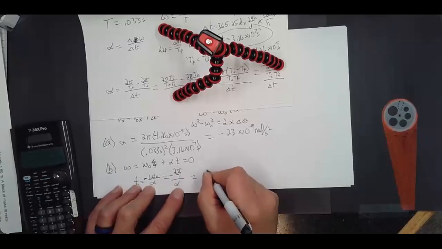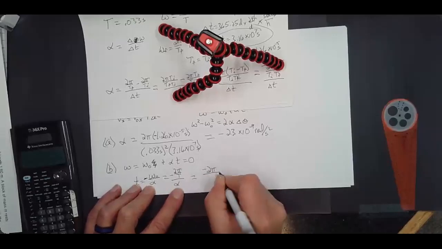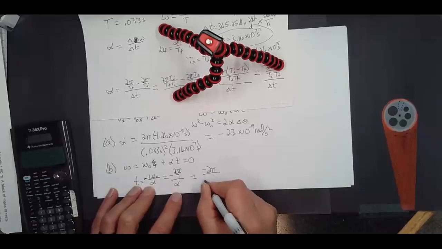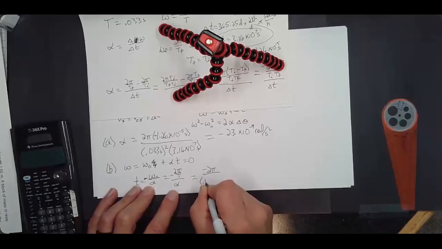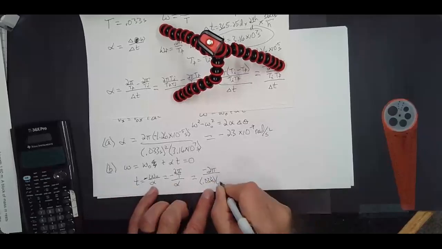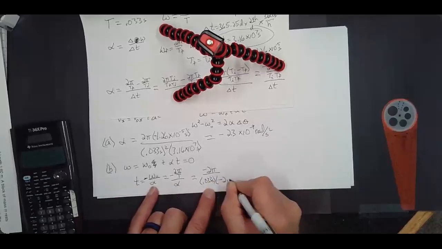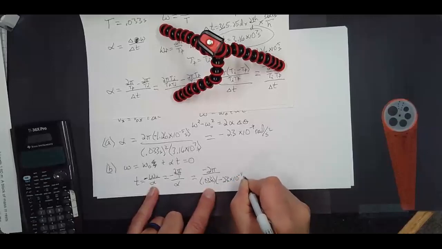So I'll have minus 2 pi divided by capital T, the period, so 0.033 seconds, and then I divide by minus 2.3 times 10 to the minus ninth radians per second squared,